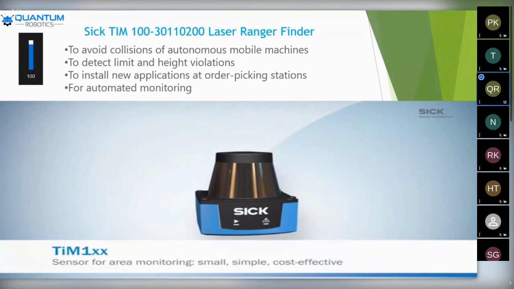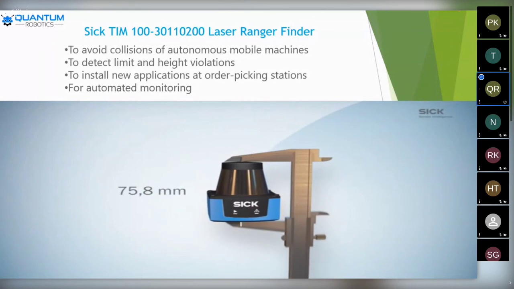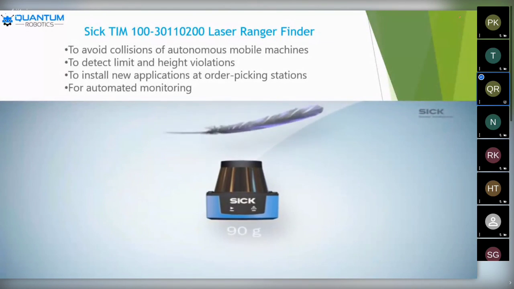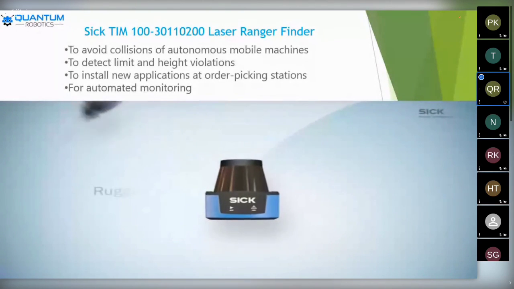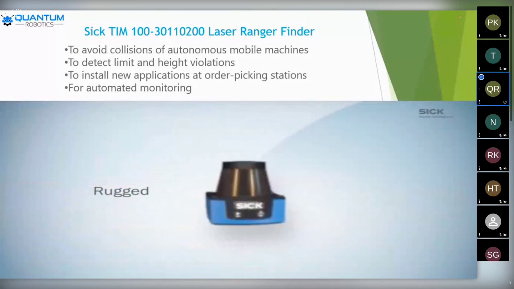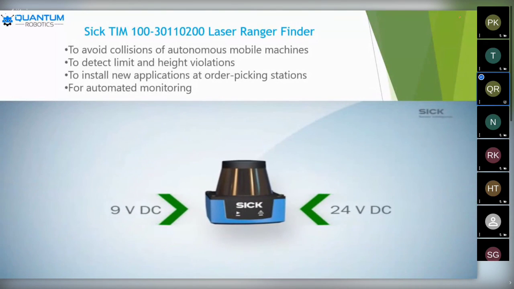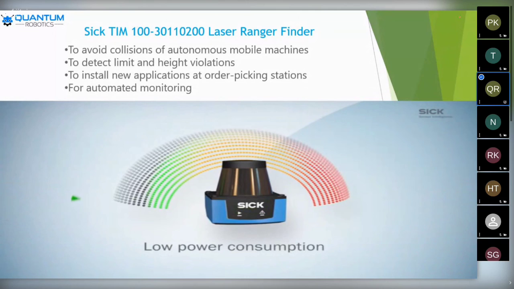And presence detection in indoor applications. Tier 1 sensors are small enough to fit into almost any space, and so light that they do not weigh down even very small motor vehicles. Their rugged industrial design withstands shocks and vibrations. The wide input voltage range makes them a perfect match for almost any applications. And due to their low power consumption, they are particularly suited for mobile applications using batteries.